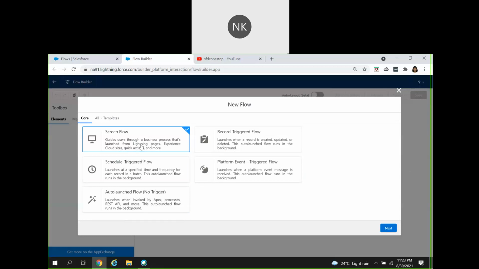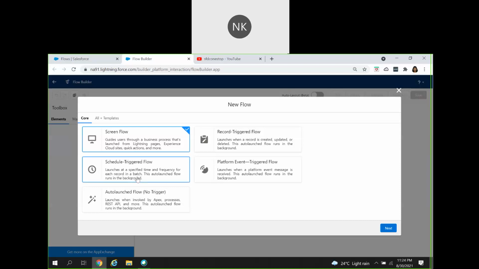As it says here, it guides users through a business process that is launched from the Lightning page. You can launch it from the Lightning page or from the Experience Cloud site. Experience Cloud site is nothing but our community: customer community, partner community, or guest community users. You can also launch the screen flow from quick actions and many more.